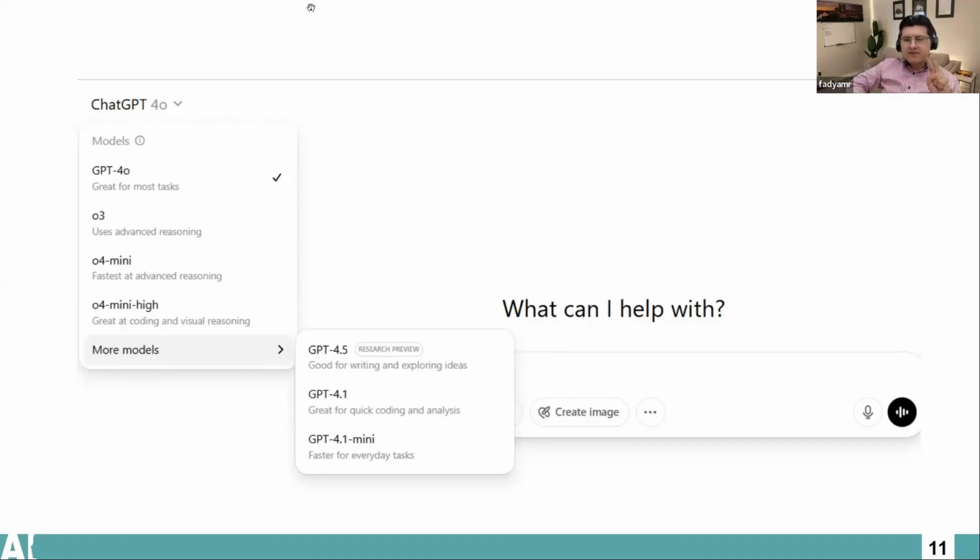What's the difference between these models? Let me clarify between two groups, especially when it comes to paid versus free, which really makes a difference here, between the one that thinks and the one that doesn't. The GPT-3 here is the model that actually thinks, and when there's real thinking involved, it's really good at deep analysis and it takes its time. The nice thing is, it even writes out its thought process for you. So this is really great when you give it files. It can think about them, or even when you give it internet access. Honestly, this is really awesome.